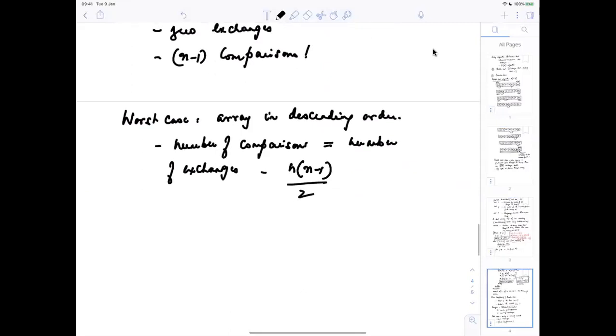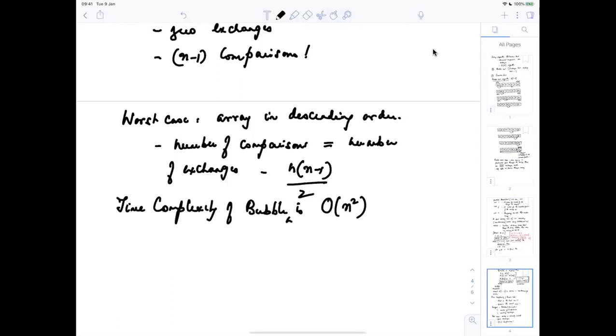So the time complexity of bubble sort is order of n squared. Bubble sort, in fact, is not preferred even over selection sort, primarily because